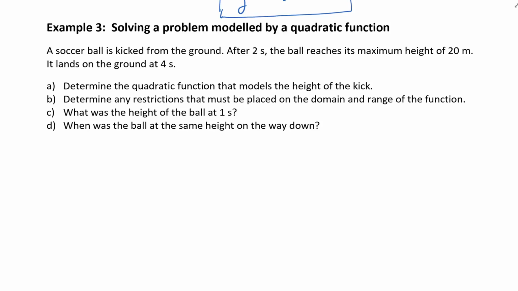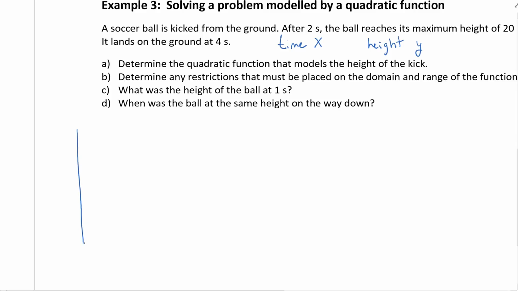Okay, well, we've got two variables here. We've got time and we've got height. And from previous examples and other experiences, you know that time is our independent variable, which will be our x, and height is our dependent variable, which will be our y. So if I look just as a sketch, this would be my time, x, and my height would be y. It says a soccer ball is kicked from the ground, so our starting point, fair to say, is at 0, 0, from the ground, and after 2 seconds the ball reaches its maximum height,